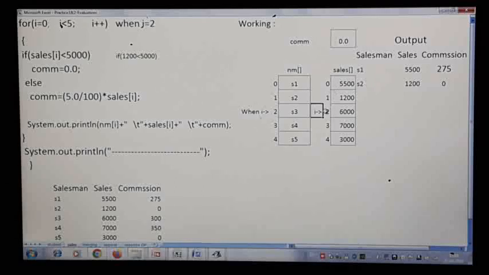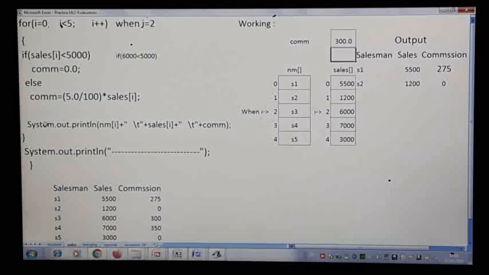So sales of I is how much? 6,000. So here it comes and reaches this. 6,000 is less than 5,000? Condition false. It is not less than, it is above. It will reach the else statement and commission will be set as 300.